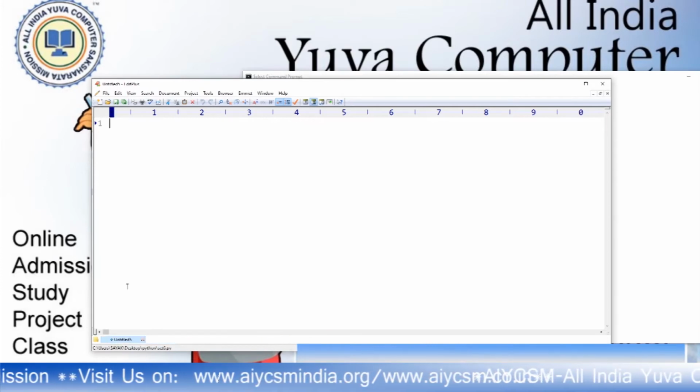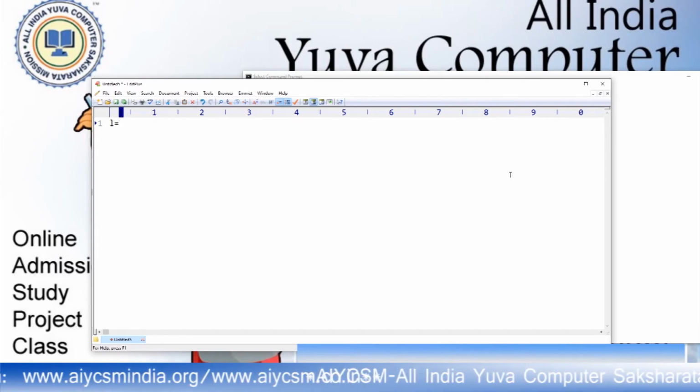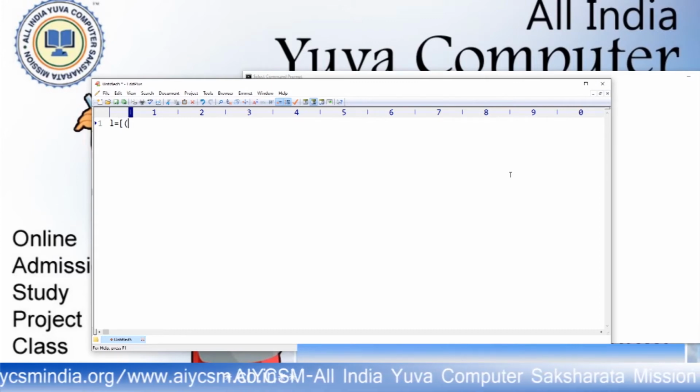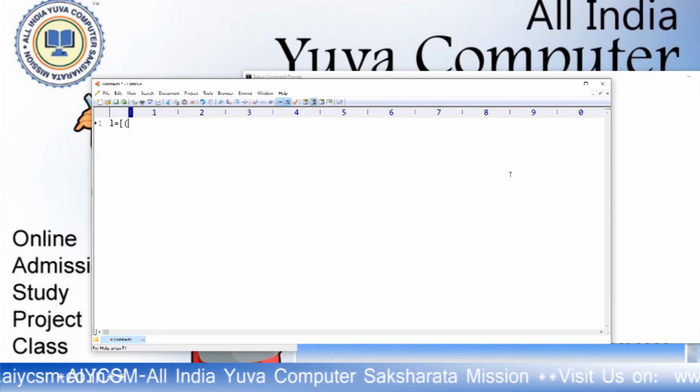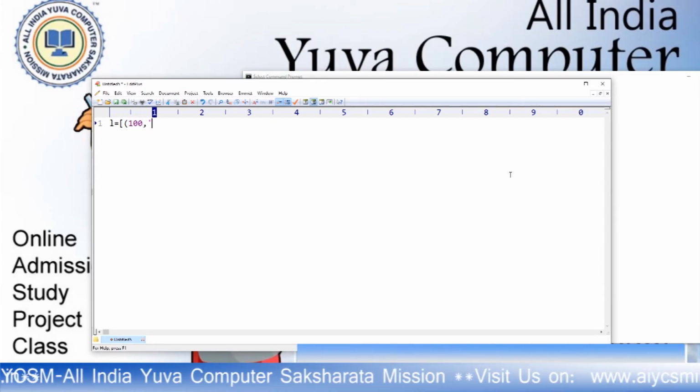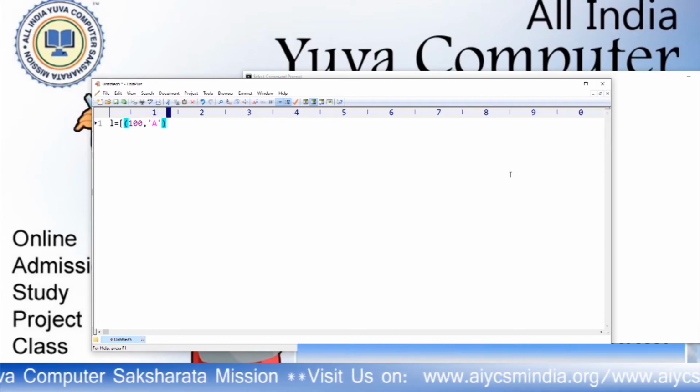Here it is, L equals to, here is 100 comma A. So this is the key and this is the value. This is one element of this list.